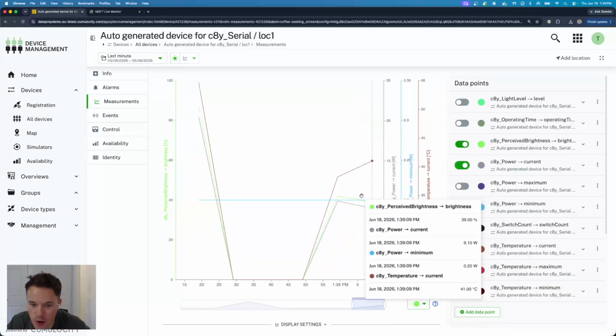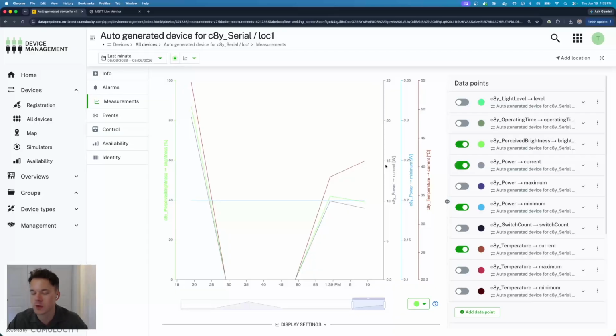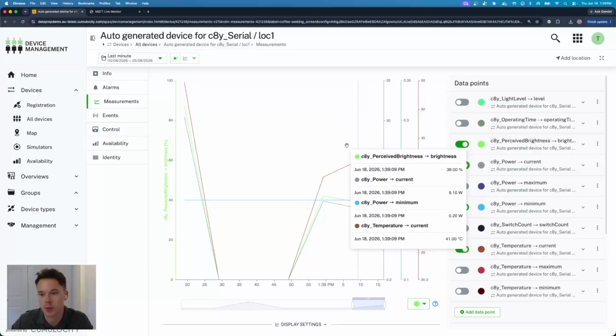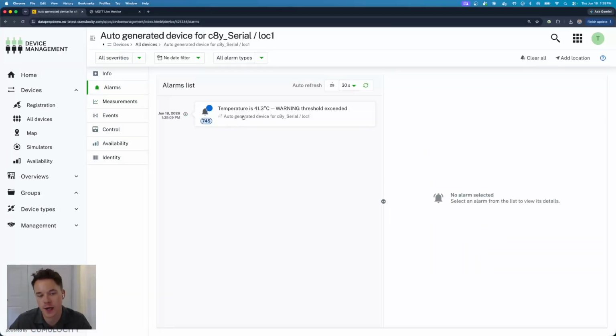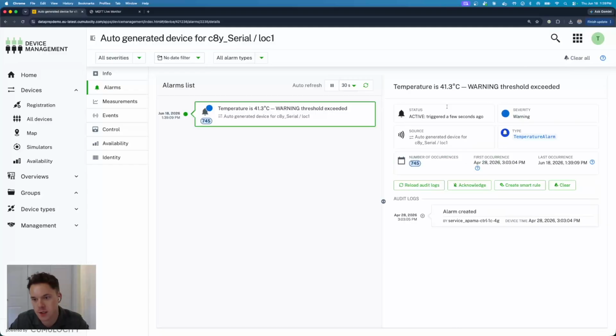If we look at all the different values that you saw in that payload, those are all coming in successfully, right? But what I really want to show you is that those alarms are coming in. So here we got a warning alarm. The temperature exceeded 41.3 degrees Celsius, so it calculated that warning alarm and sent that in. Again, this is all the power of data preparation. It's just processing the data as it's incoming off of that MQTT stream directly into however you want to use